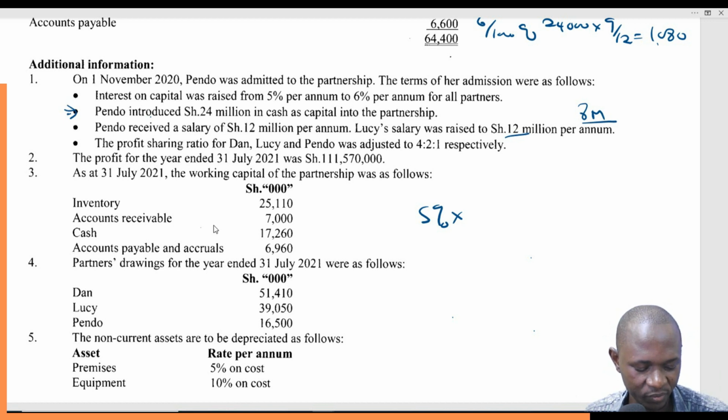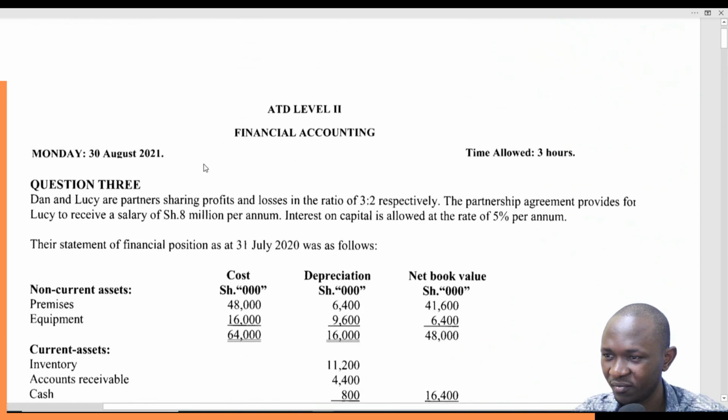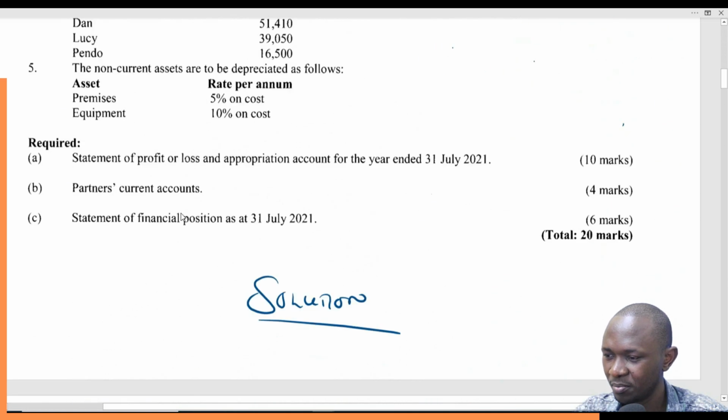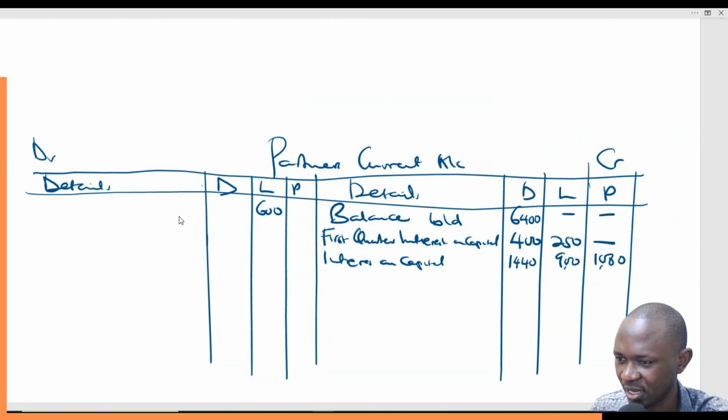So times 3. So it means Lucy earned 2,000 for the first quarter of the year. Actually, she was supposed to earn 2,000 every quarter. You can see this is 8 million per annum, and the year has 4 quarters. So every quarter she was supposed to earn 2 million. So we'll simply come here and say salary, because salary also affects the partner's current account. So salary under Lucy, because only Lucy was earning salary, first quarter,